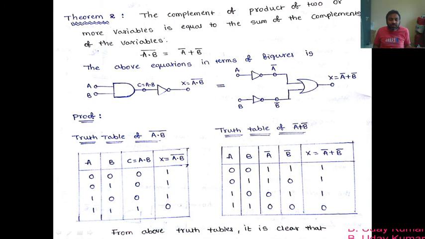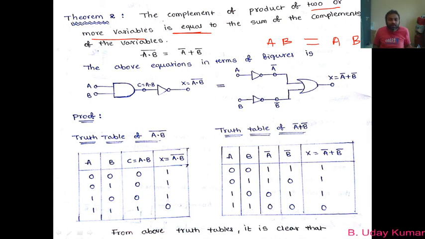So now coming to this one, let us take the variables. Here it is mentioned two or more variables, right? So those variables are taken as A and B now. In the earlier case, to make you clear, I had taken them as C and D, but here let us directly take the variables as A and B. There is an equal to, so equal to, and again the variables are present on the right hand side, A and B. Now let us implement the complements and sums at their respective positions.